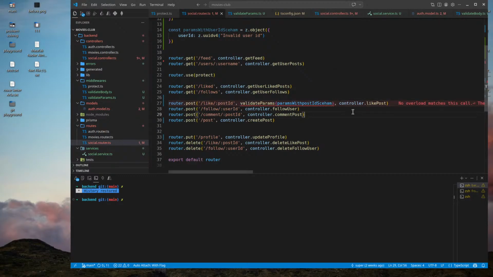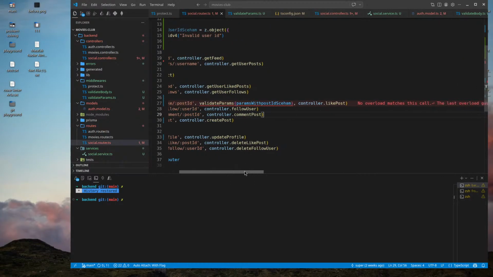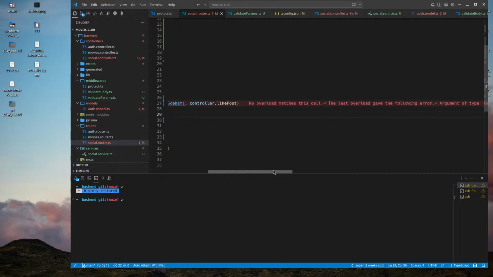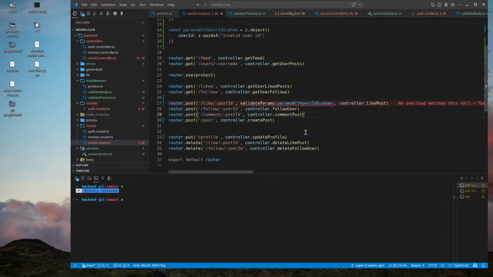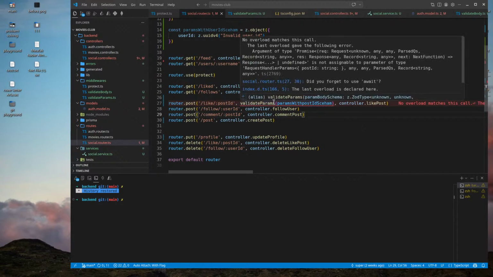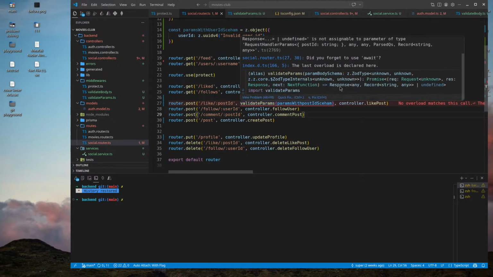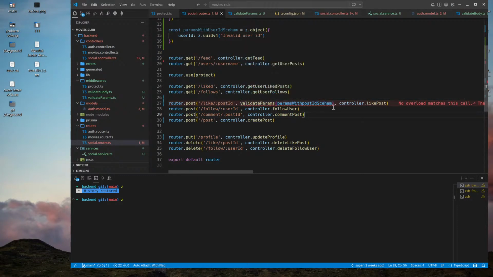It's complaining. Why is it complaining? No overload matches this code. The last overload gave the following error. Did you forget to use await?